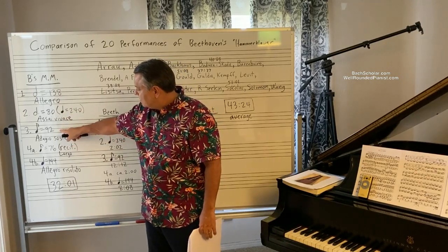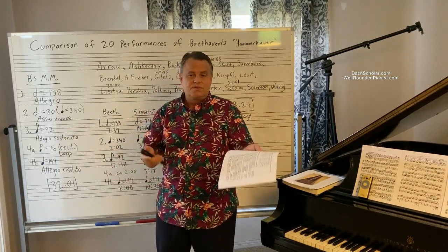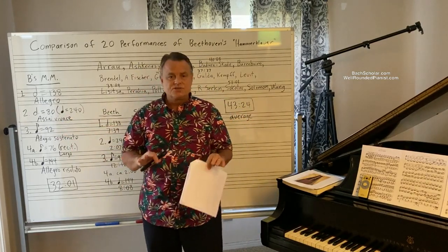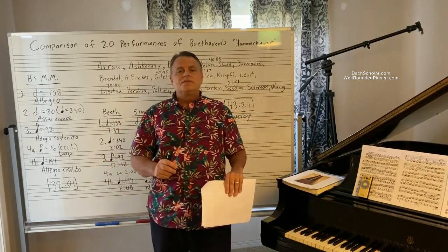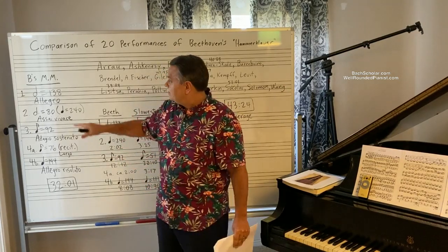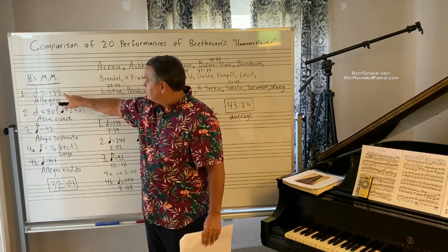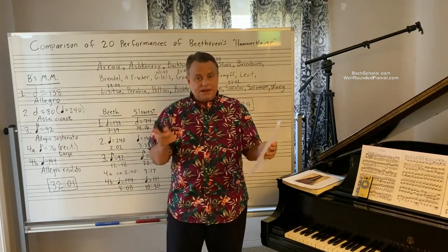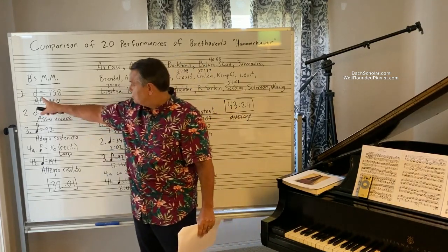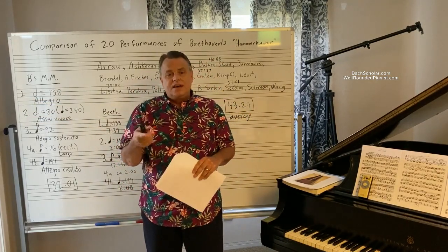Then I counted the number of measures. I didn't really have to count. I used the Henle Urtext edition, which counts the measures for me. So basically what I did was I took the number of measures of each of these sections and multiplied that by the note that denotes the beat, like a half note here. So for example, the first movement with repeats consists of 528 measures. So I took 528 times 2, because there are 2 of these beats per measure, and then I would divide that by